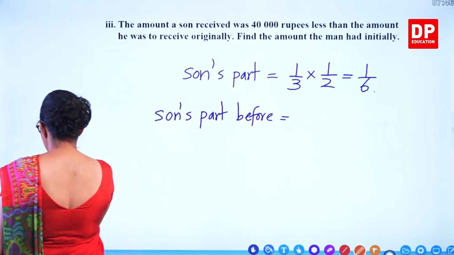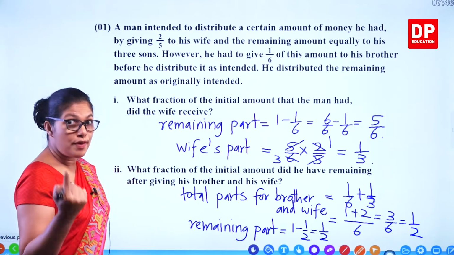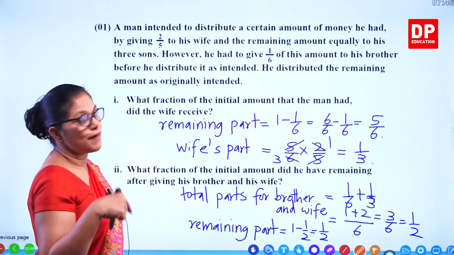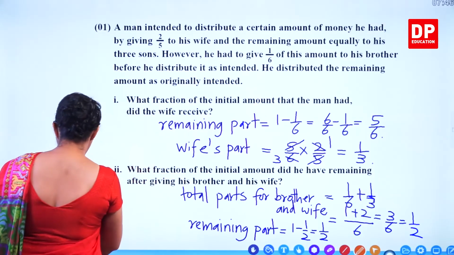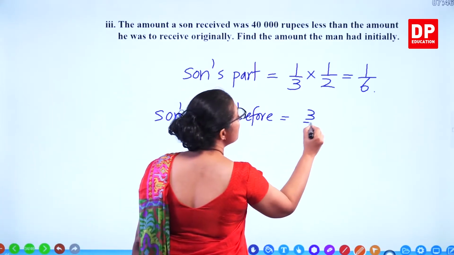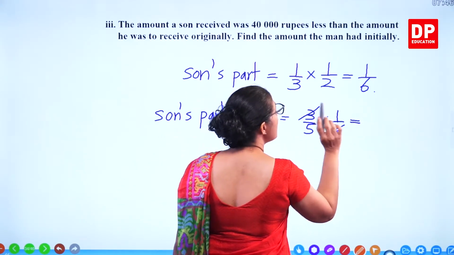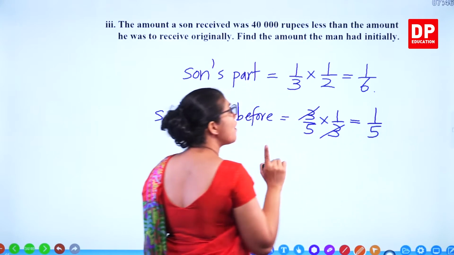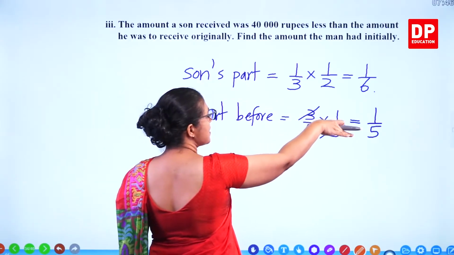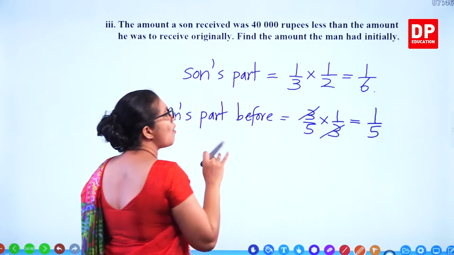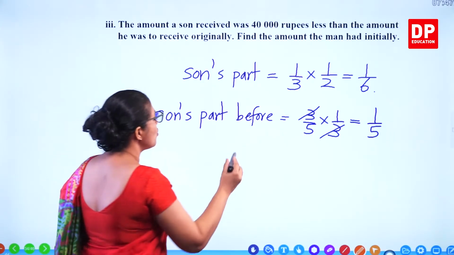So that means wife gets 2/5. So the remaining part becomes 3/5. So from 3/5, 1/3 the son gets. From 3/5, 1/3. If he's not giving to his brother, then it becomes 1/5. So what's the difference? This is the previous value and this is now after giving the money to his brother as well. So the difference